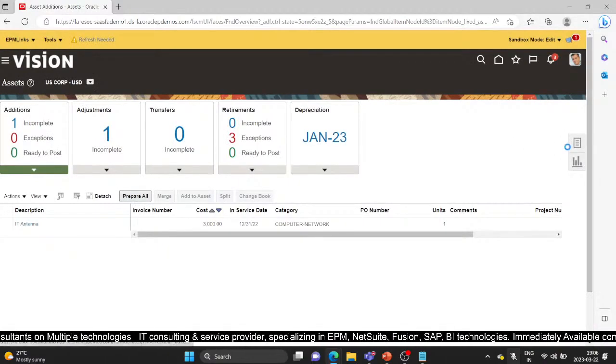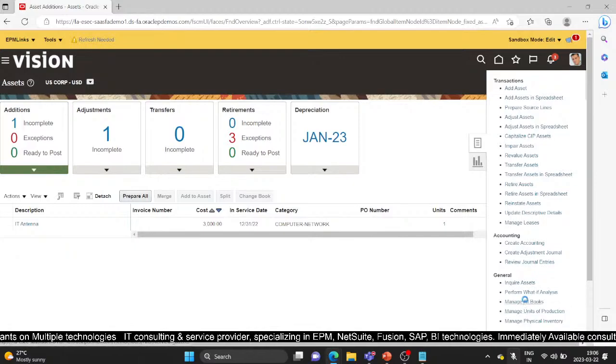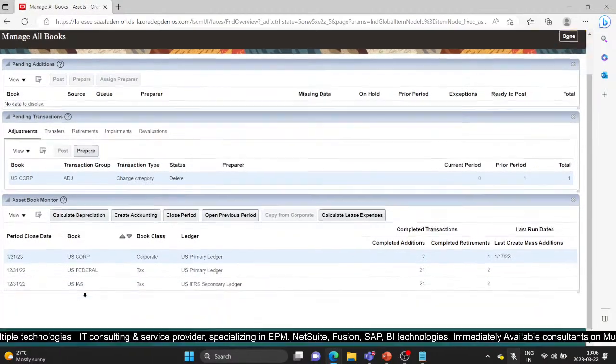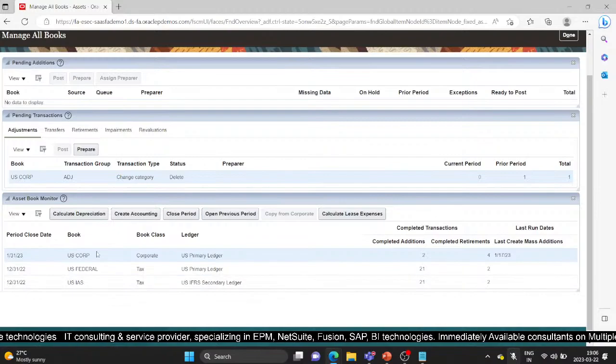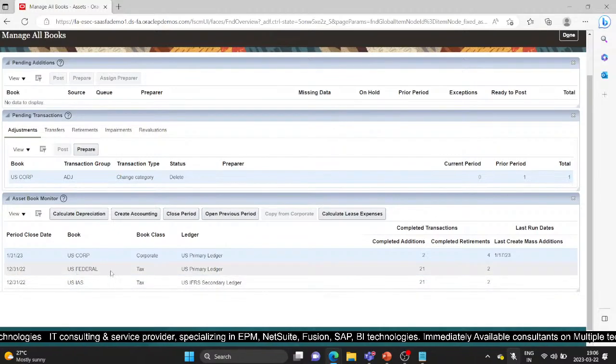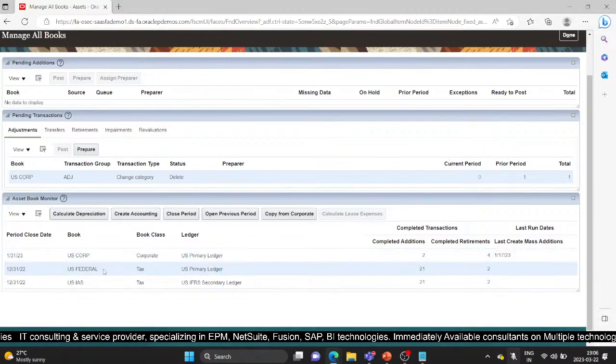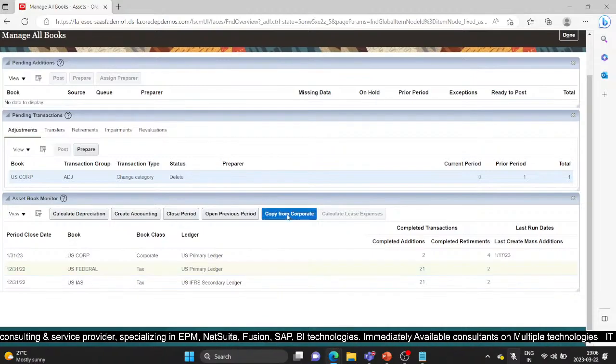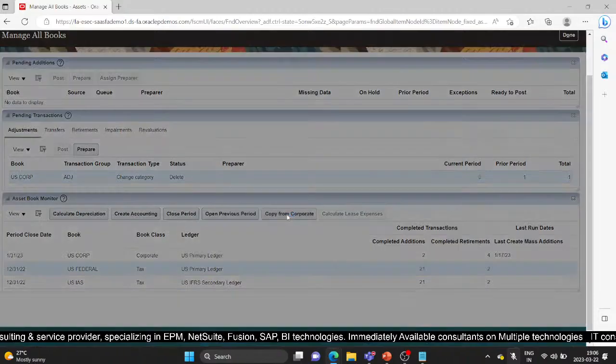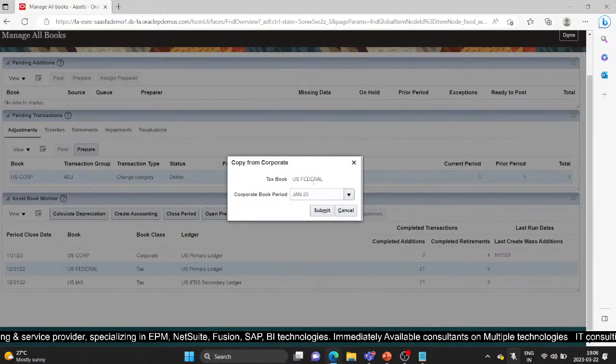My open period is the Jan period, and from here I can go to the Manage All Books task. Here, the books I have access to are US Corp, US Federal, and US IES. US Federal is my tax book. When I click on this, the Copy from Corporate option is available. If I click on that, my tax book name and the corporate book period are asked. When I click on submit,